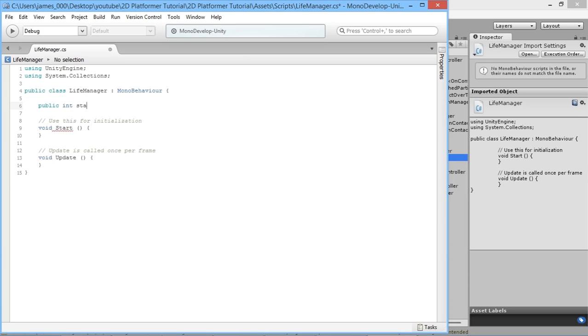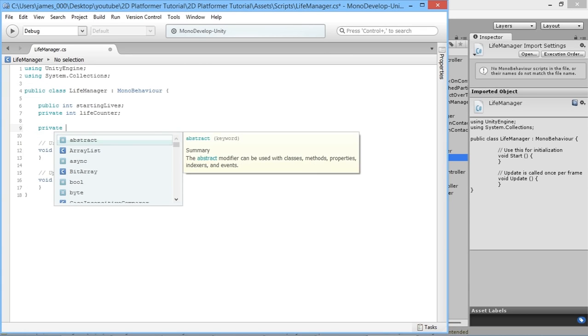So we'll say public int startingLives, and we're going to use a private int to keep track of how many lives we have. So we'll call this private int lifeCounter. So startingLives will be how many lives we start off with, and then lifeCounter will be the value that we modify to show up on the screen. And then we're going to need a private